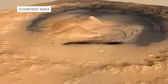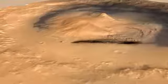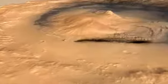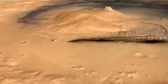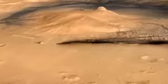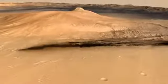We're flying in towards Mount Sharp, located in the center of Gale crater on Mars. And to give you a sense of scale, Gale crater has the diameter of the big island of Hawaii, and Mount Sharp is taller than the highest mountain in the lower 48 United States. As we descend to about 500 feet, we're going to be seeing some of the terrains that Curiosity has been